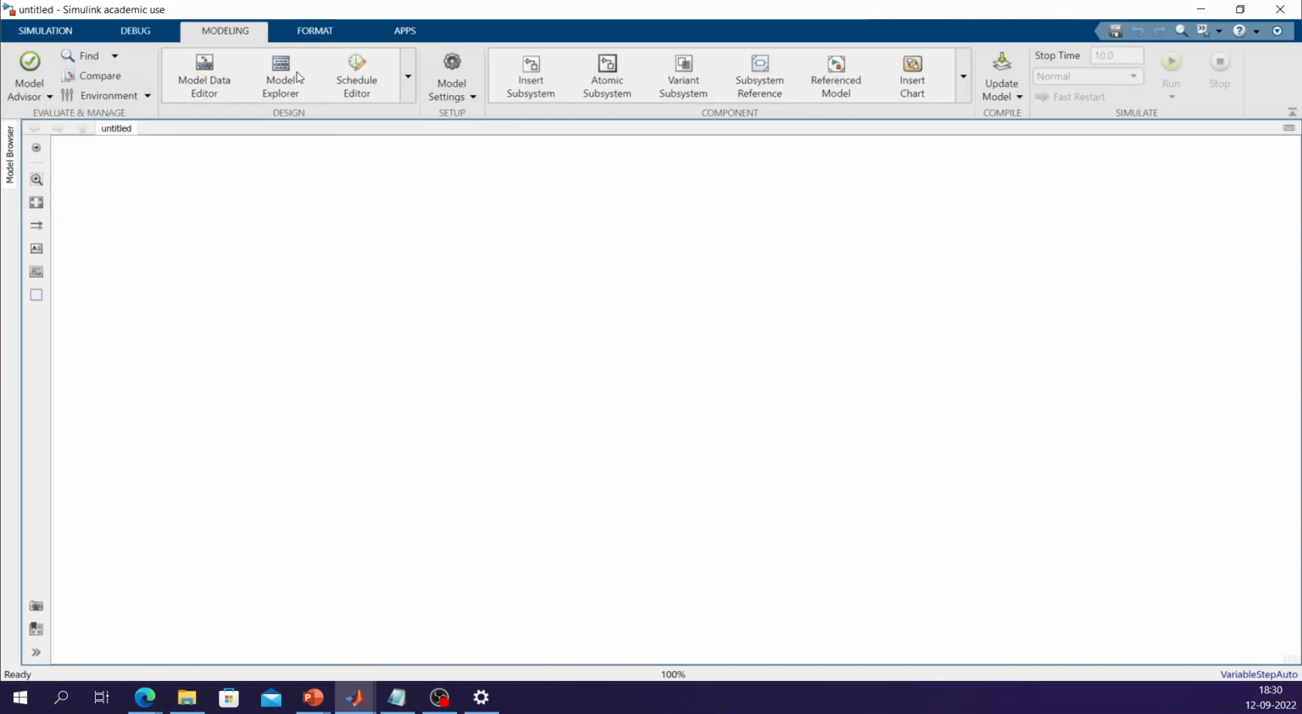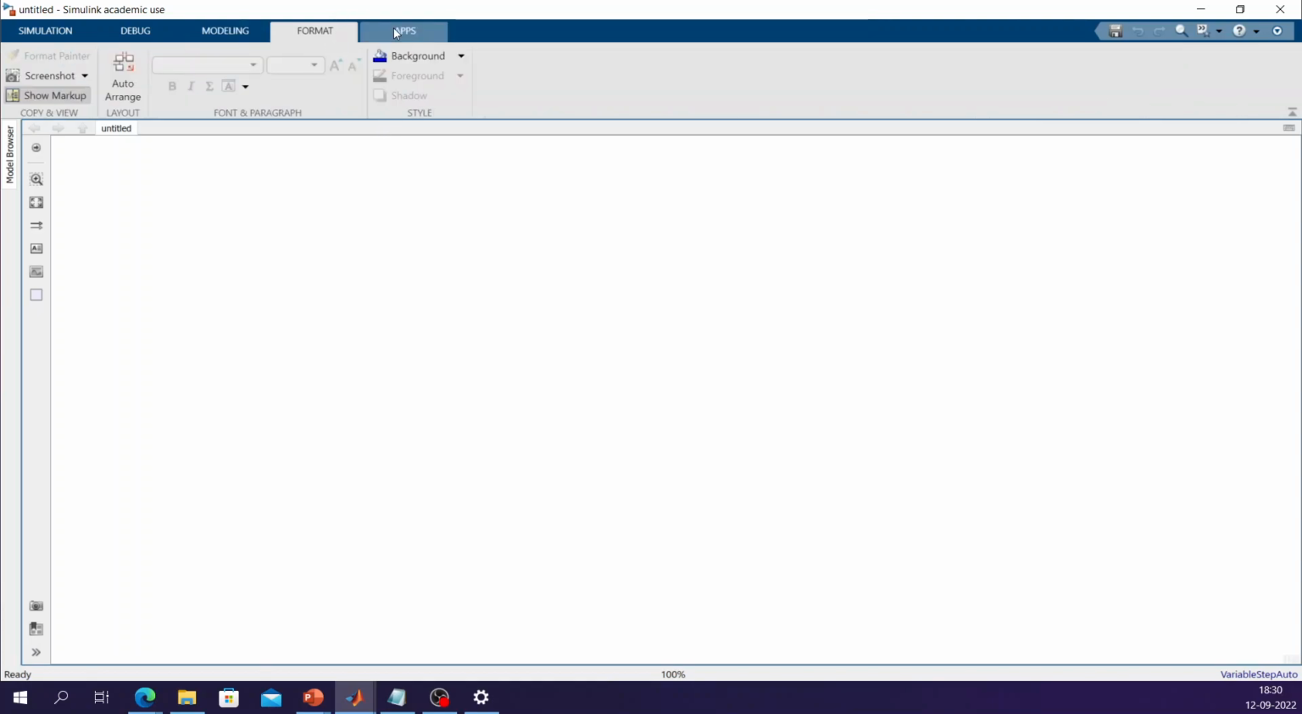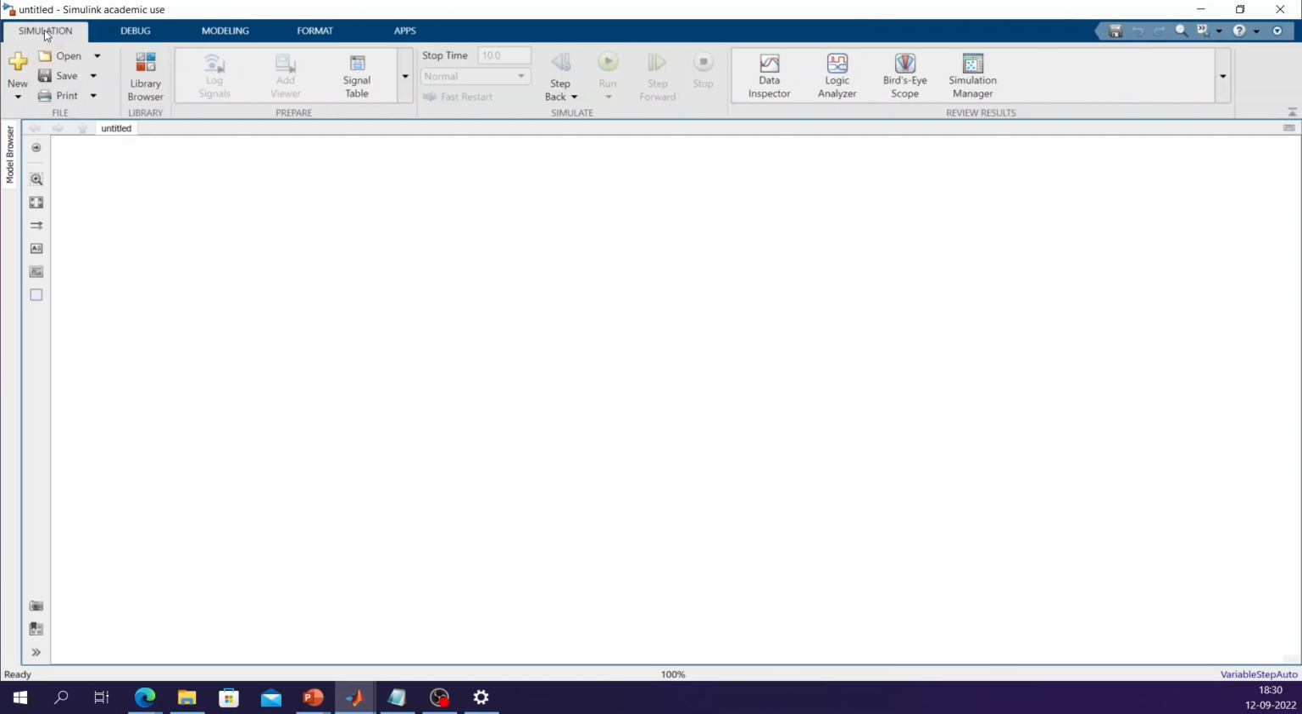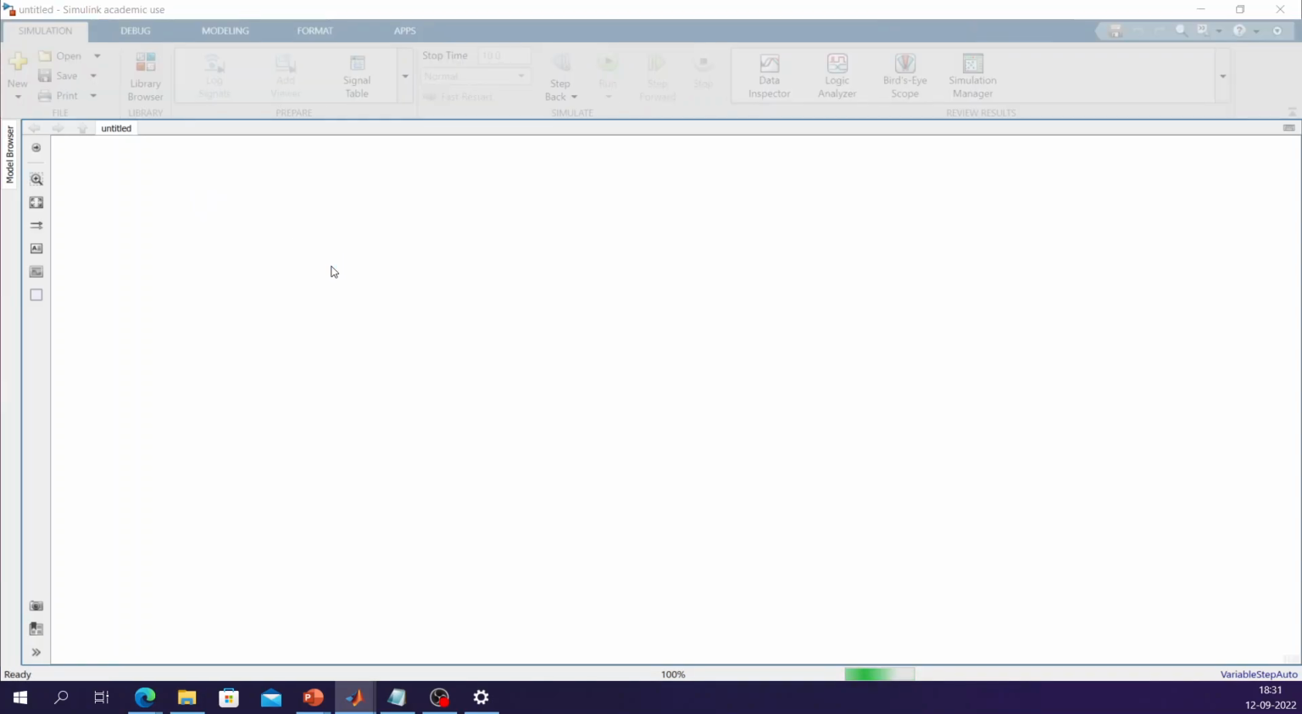Then in modeling, we have some advanced features, and in the apps we have different apps which allow us to work with external systems as well, like embedded coder, robot operating system, and so on. Today we'll just look at some basic blocks. So if we click on the library browser,